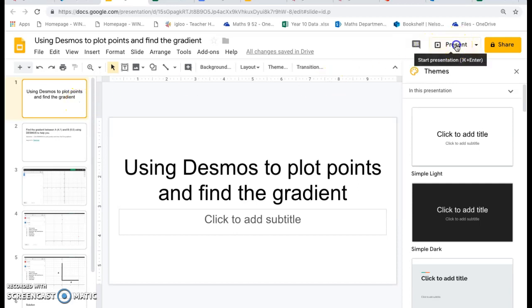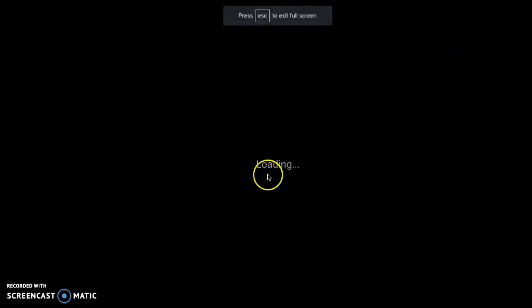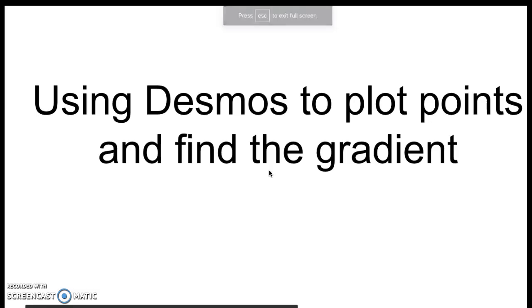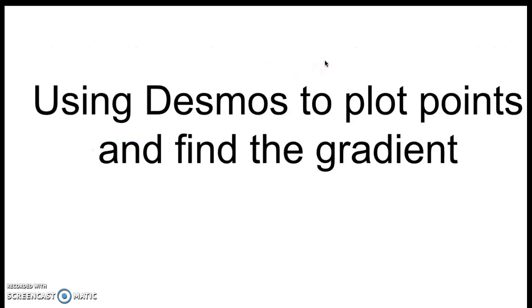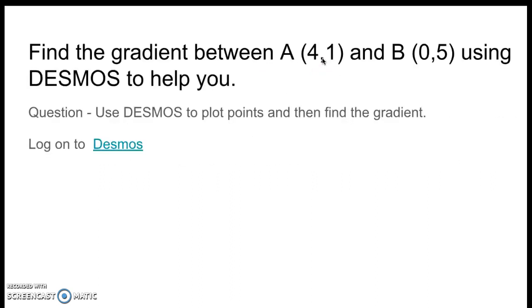So I'll just change this into our present theme. Yesterday we looked at finding the gradient, which is all about the slope, and we used the formula rise over run. So today we're going to use Desmos, which you should be familiar with. We're going to find the gradient between these two points, A (4, 1) and B, which is (0, 5). So first thing you do is you log on to Desmos,